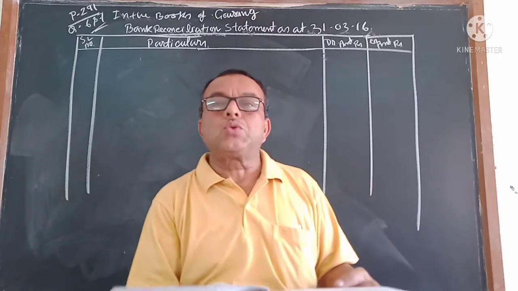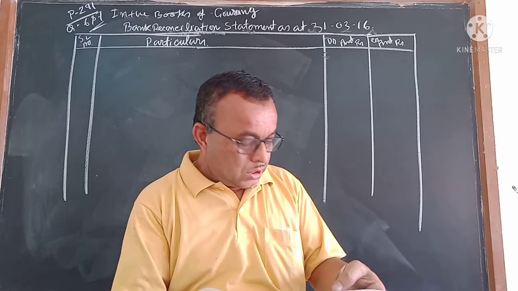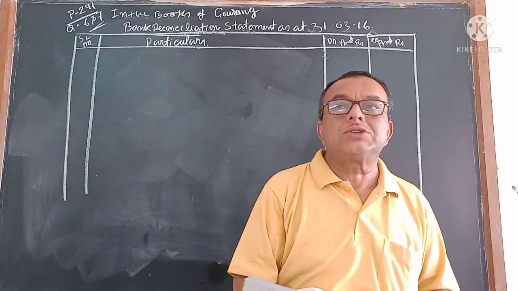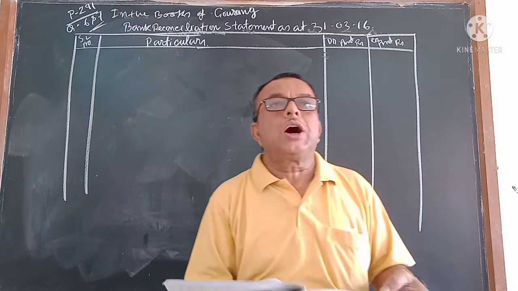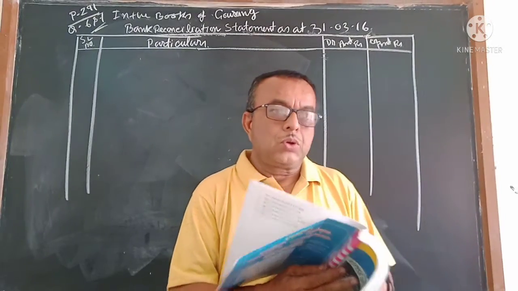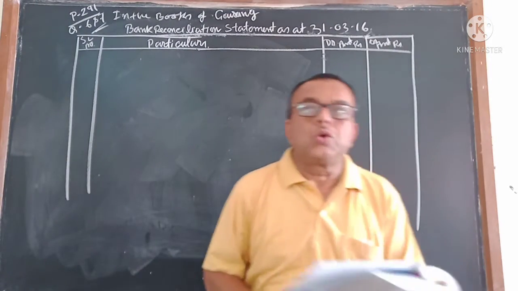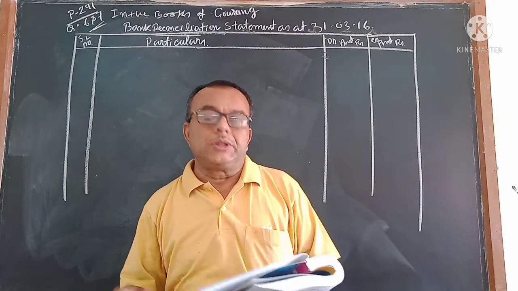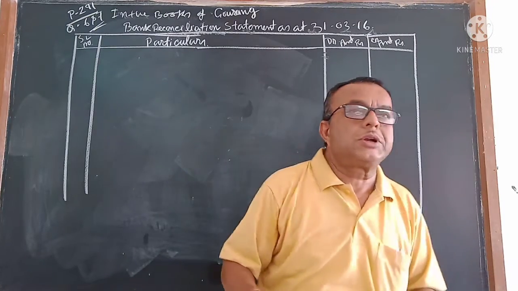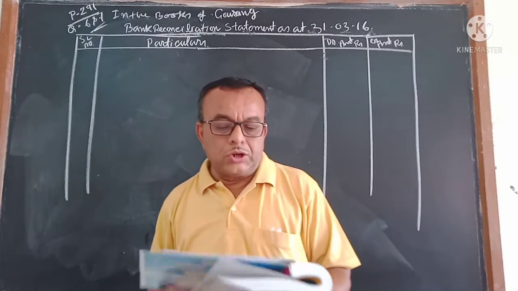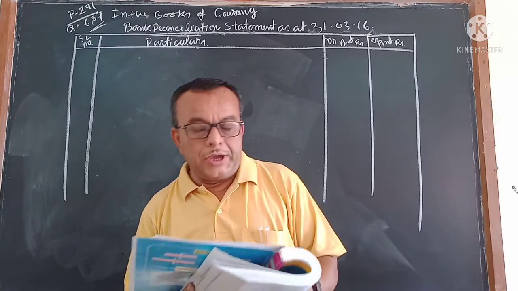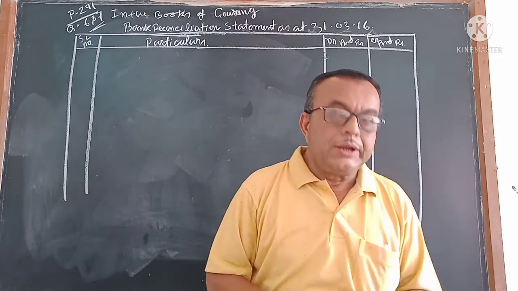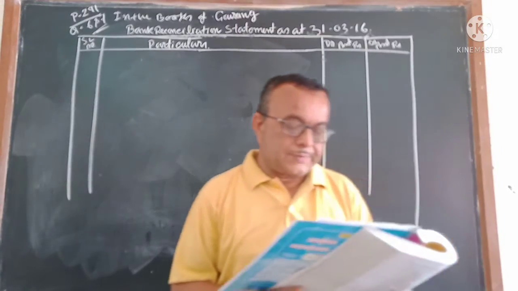Now today, page number 291, question number 6 as well as 7, both I will solve on the board. One by one you try to follow it and try to understand. These two exercise questions, 6 and 7, are a little difficult. For that I want to do it. You pay attention one by one. Let me start first from the 6th.